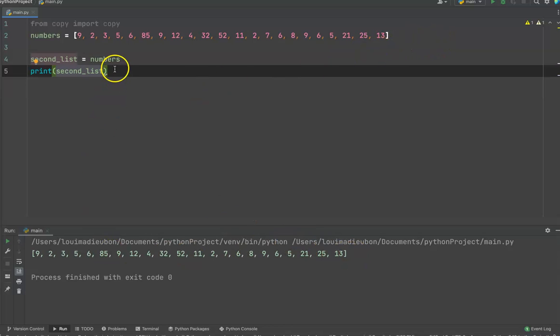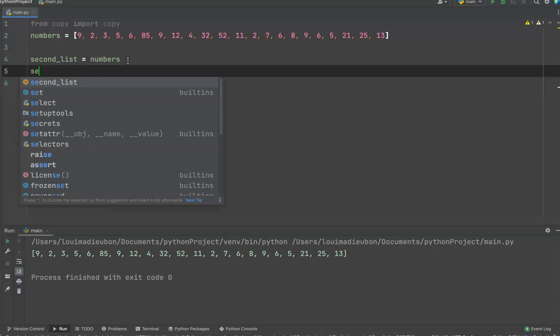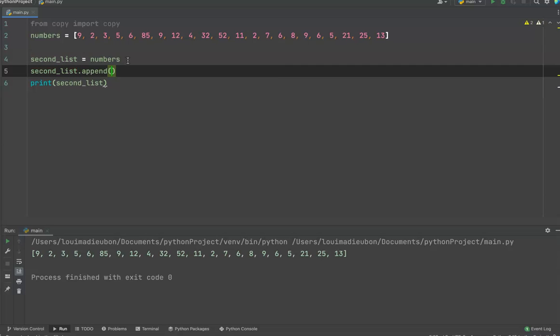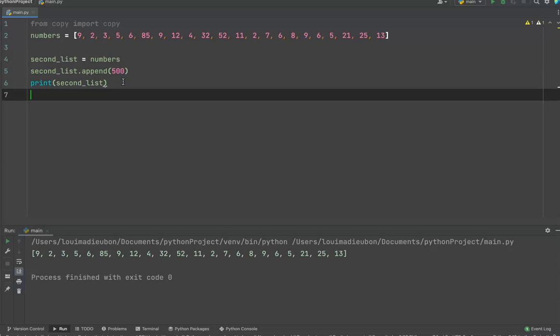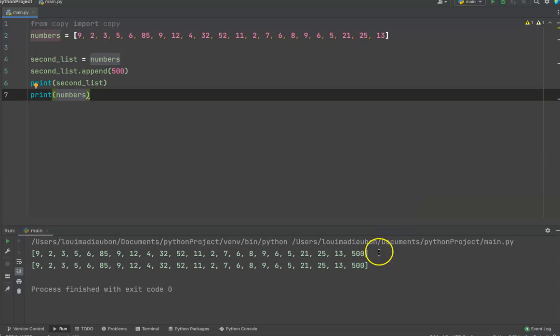Yeah. So what about if we want to add a number in the second list? So let's say we add 500. So this time we are going to print numbers, the first list, so we can compare them. Oops, what happened? So as you can see, when we add the number in the second list, the original list